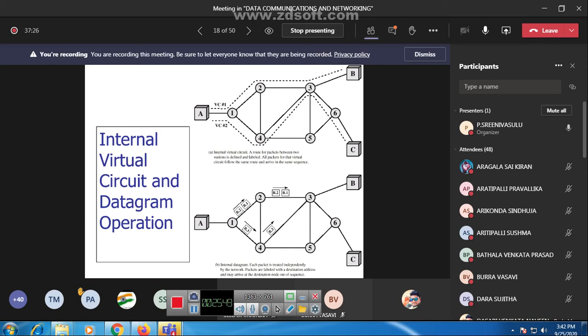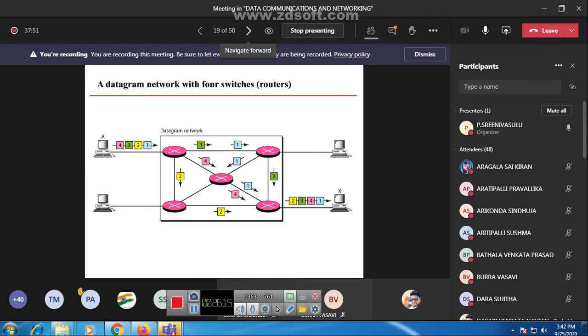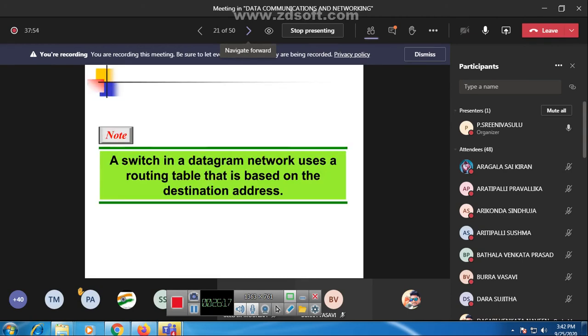In this, each packet contains a virtual circuit identifier instead of a destination address, so no routing decisions are required for each packet. It does not create a dedicated path from the source system to the destination system.